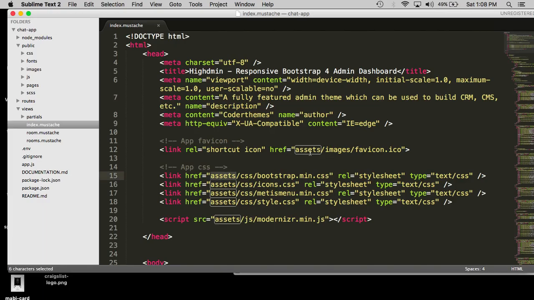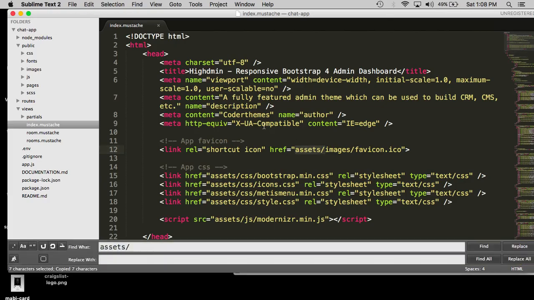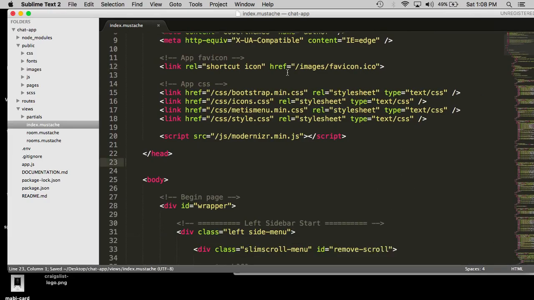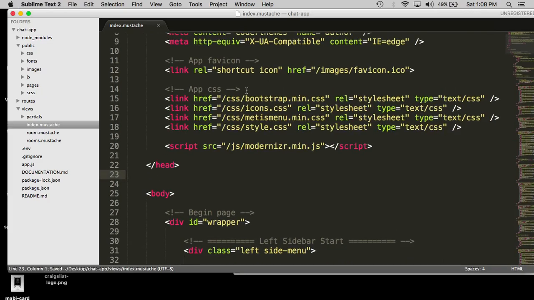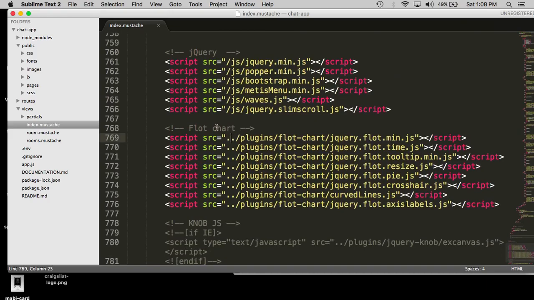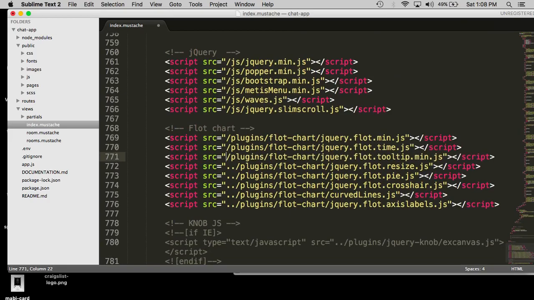So what we want to do is get rid of all of these references. That's pretty simple. We just highlight this and do a quick find and replace with nothing. That'll get rid of this assets prefix in the import paths. So let's go ahead and get rid of all of those. Okay, so make sure your imports look like that. Same as down here, except the plugins. We want to also do this. We want to get rid of these two dots in the plugins, because the plugins are also